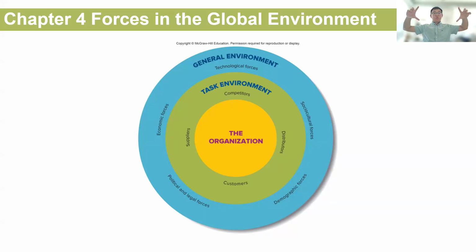The outside circle is called the general environment. The force from five different kinds of perspectives is supposed to be a long, consistent force on an organization. For these 5 minutes, I probably won't go through everything. It's too much. But I only select two topics which are very interesting for me, and show some examples which we can learn from recent practice.